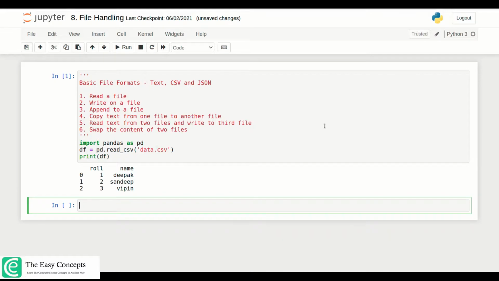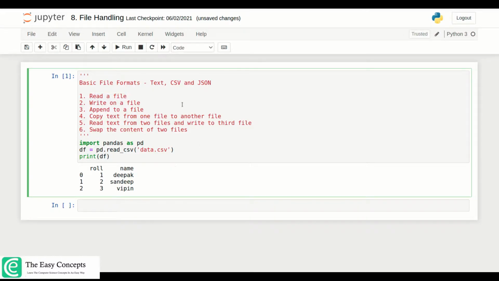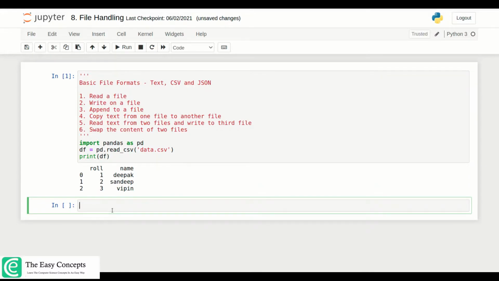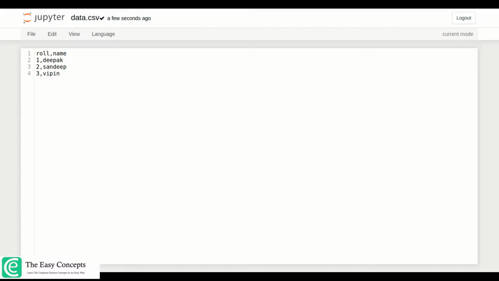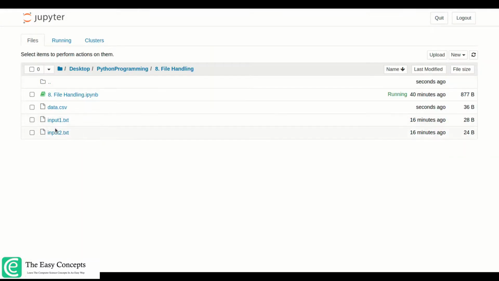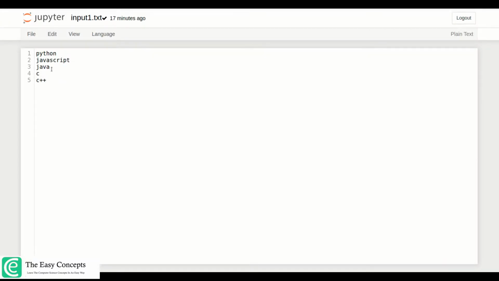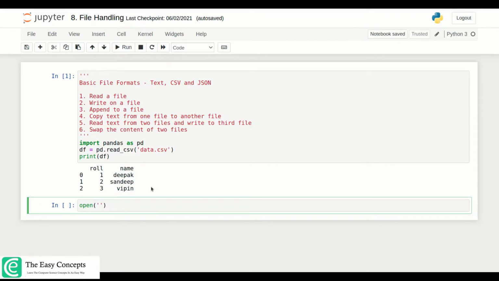Let's start reading the file in another way, without using pandas. We will open a file. Let's open input1.txt. These are programming languages; I have written 5 programming languages here. So just read input1.txt,